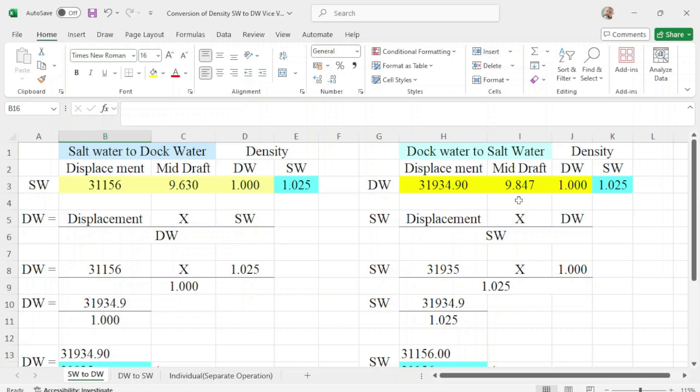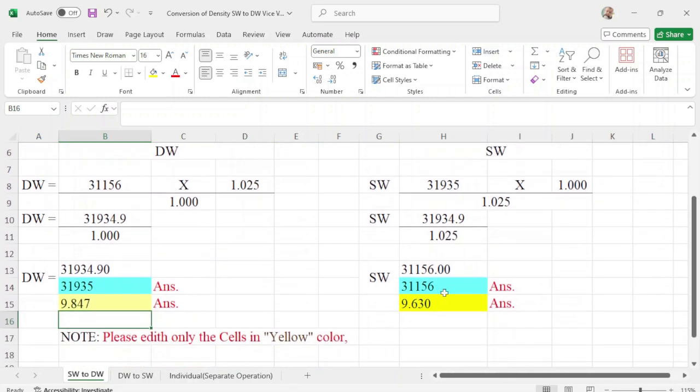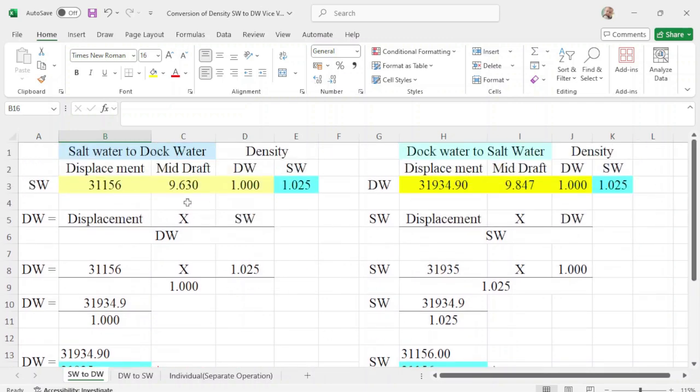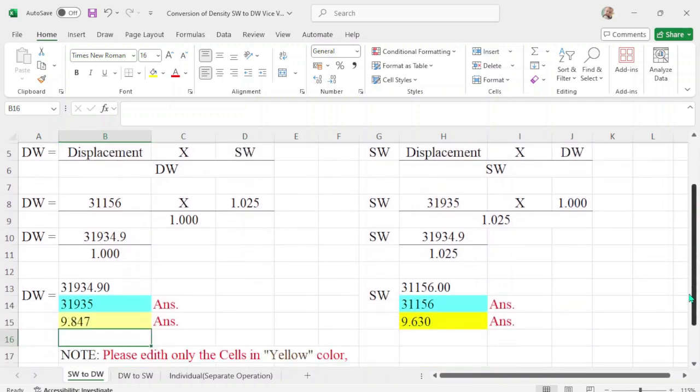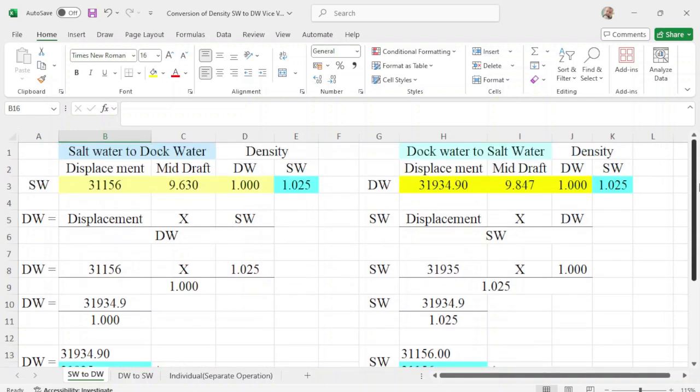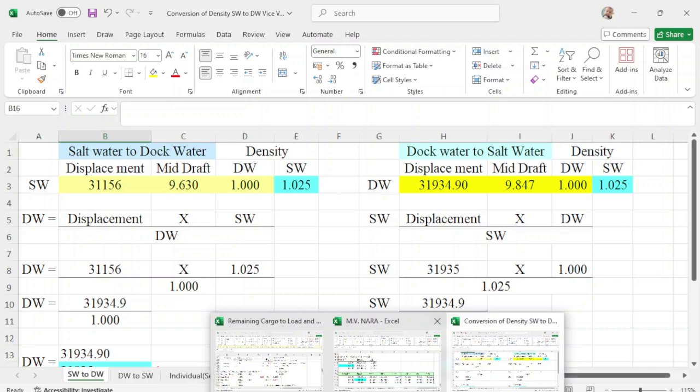Your density is 1.00, and you're looking now for the salt water from dock water to salt water, and the answer of your salt water displacement is 31156, which is the same as this one, and your drop is 9.63. So this is the program I made, so it would be convenient for you to use. But you can also use this program,